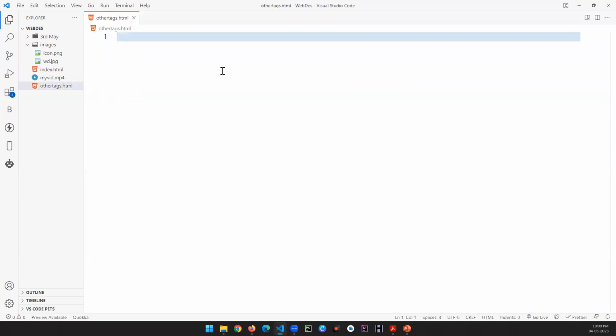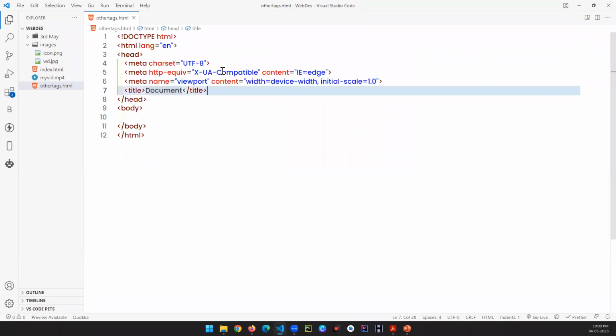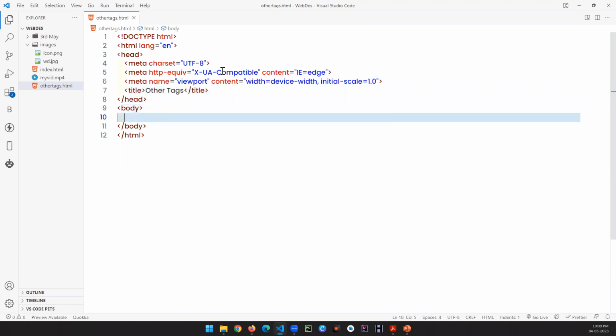And over here I'll be starting with my boilerplate first of all, and over here other tags, I'm just giving the title as other tags, and inside the body let's start with our styling